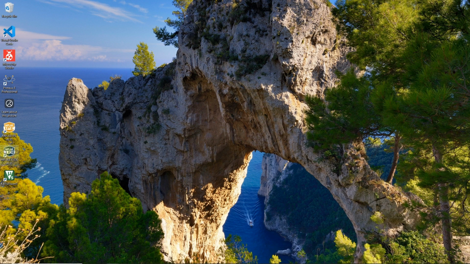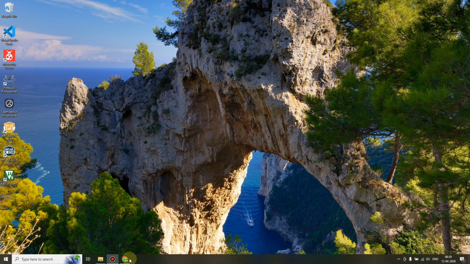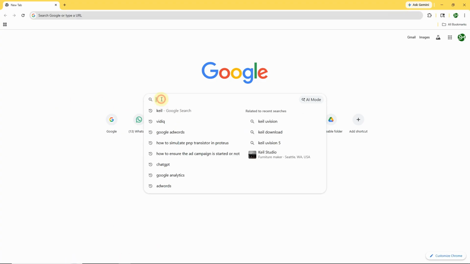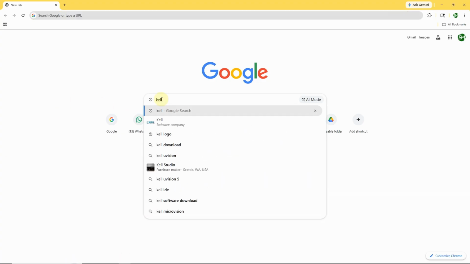Hello everyone, in this video we are just going to download and install Keil MicroVision IDE for ARM processors. That is particularly for STM32 based ARM processors or any microcontroller brand with ARM processor. Let's get started. So just open Google Chrome and in the search bar right over here type in Keil,